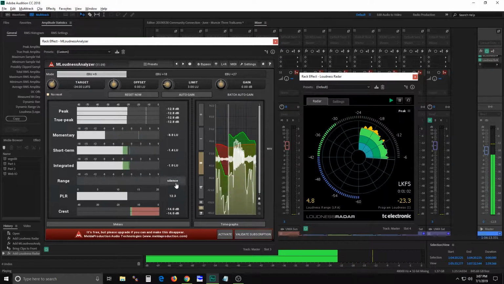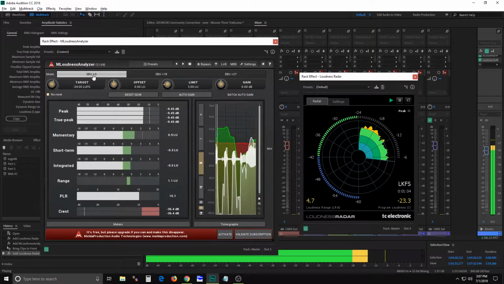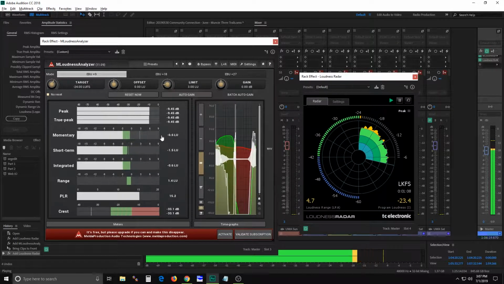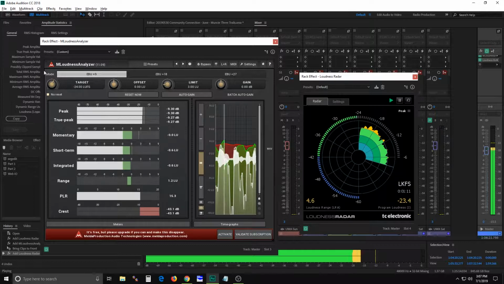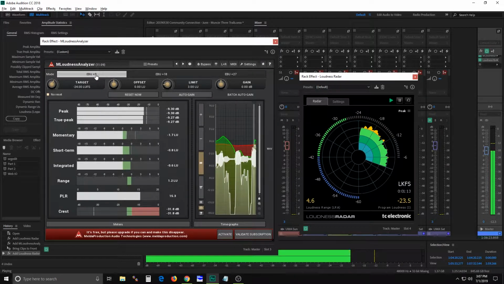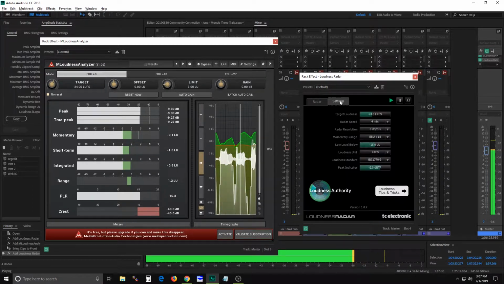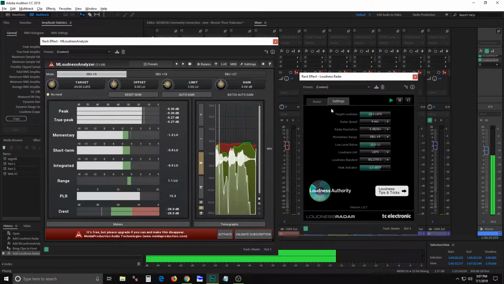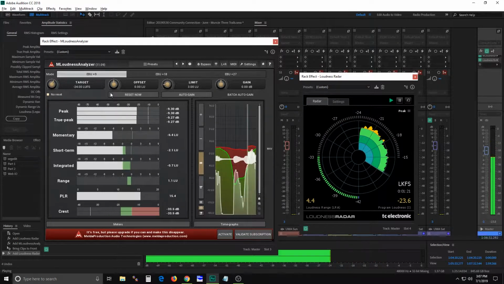Now, a few quick things here. I'll talk about these in just a second. You can set the different ranges for your loudness meters. I generally set mine to EBU +9. And on this free meter over here, I think in momentary range, I can set it to +9. And the reason I use a smaller